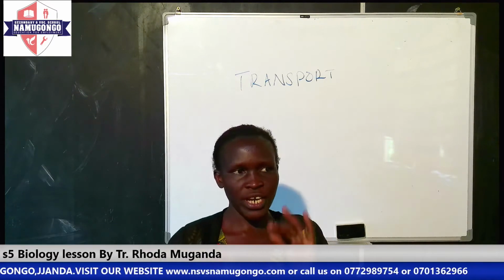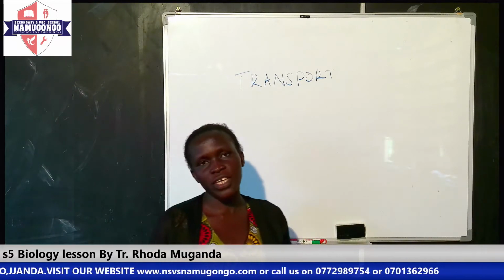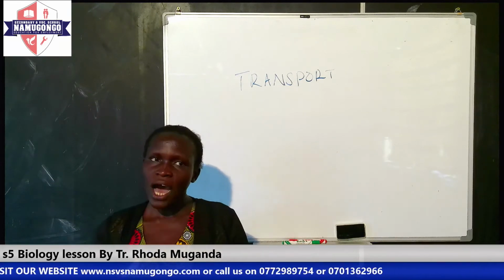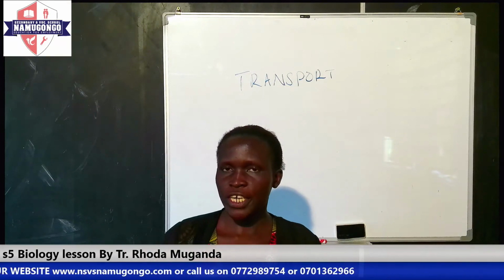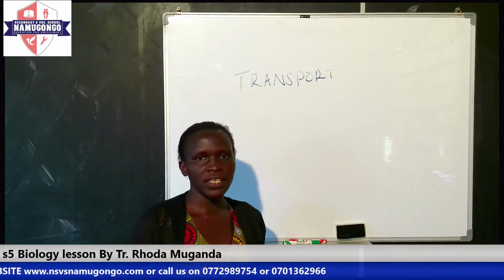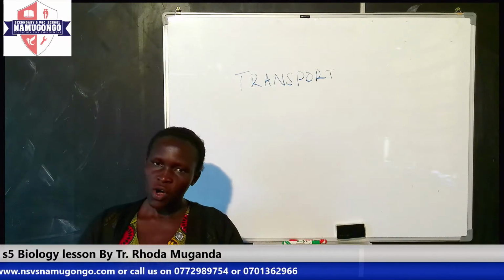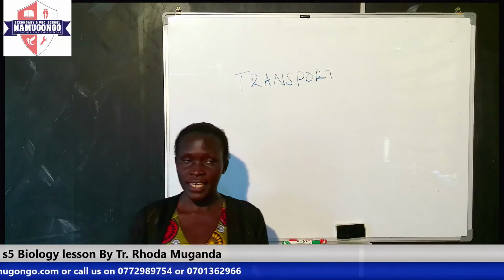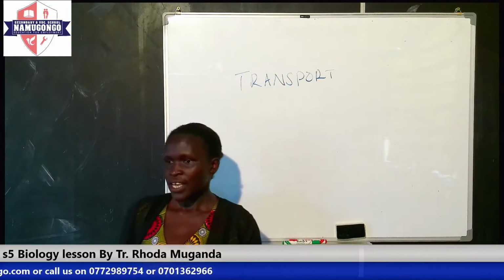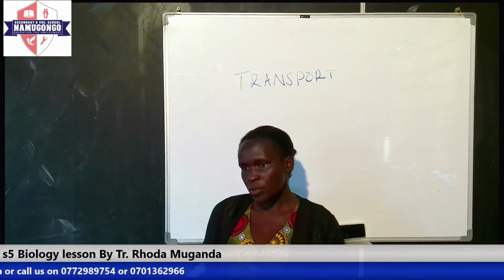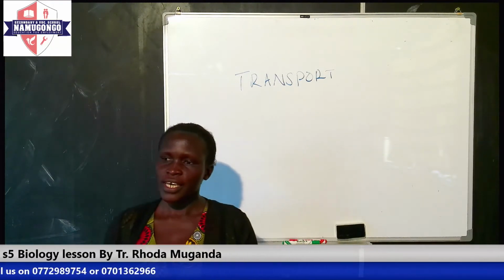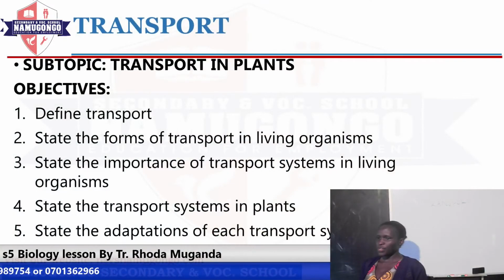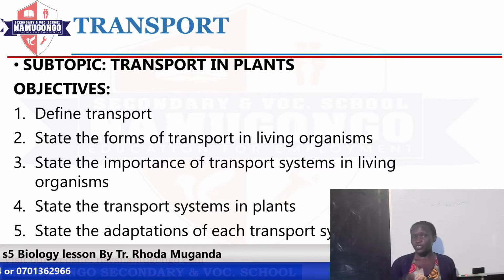However, as an introduction to transport, basing on the knowledge that we had about cell biology, we want to look at how living organisms obtain their food, obtain the different materials that they require, obtain the different things, let's put it in that way, that they need in order to survive. So in this case, let's look at a few objectives that we will be basing on in order to have this lesson complete. The first objective that we need to look at today is to be able to define the